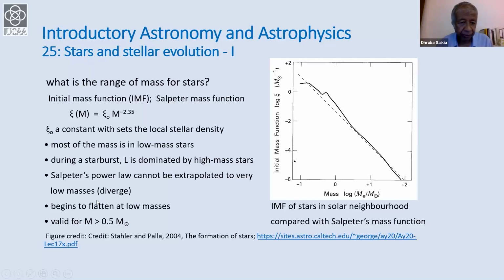evolved away. Salpeter's power law cannot be extrapolated to very low masses. For one thing, if we integrate to zero mass it is going to diverge, but there is also evidence from work by a number of authors that this does tend to flatten at low masses. So if you take between about 0.5 to about 50 solar masses or so, you're reasonably okay with this m to the power of minus 2.35. There are slight deviations from it, but that gives you a reasonable description of the distribution of masses